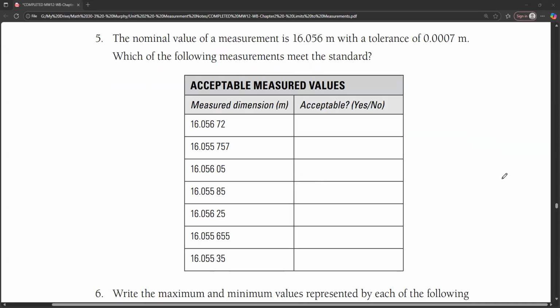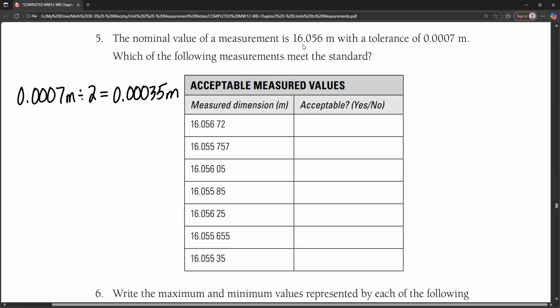So what we have to do first, if that's the tolerance, we've got to find our plus and our minus, our range. So take the tolerance and divide it by 2, and we get 0.00035 meters. So that's our plus and minus, and then our nominal is